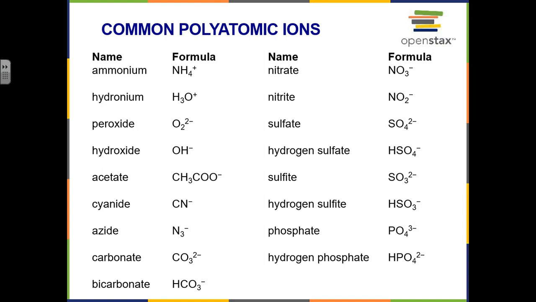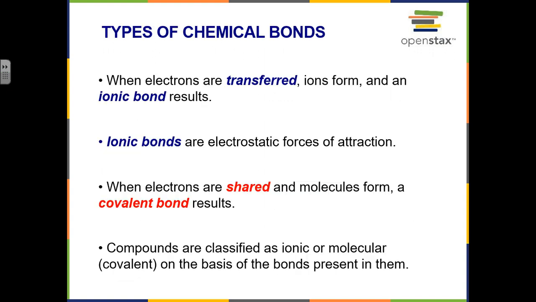Now, if you notice, there are some examples where you have more than one charge. You might have a -2, you might have a -1, and it's possible to even have a -3 depending on the nature of the polyatomic compounds that you're talking about. But the main thing you want to take away from that is that the ionic bond is formed from